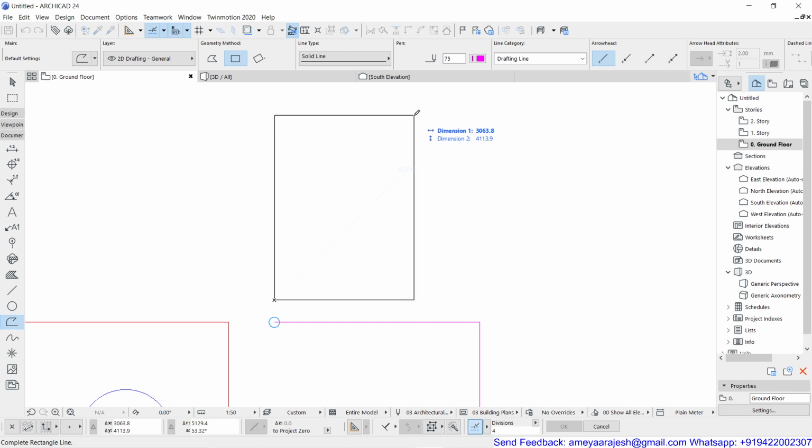If I want to draw something randomly, then I can definitely look at dimension 1 and dimension 2 which are displayed in the tracker. Instead of that, now I'm willing to draw the rectangle on the upper right corner side. So I'm just going to drag my mouse on that side, and then I have to just type two values. You don't have to use any D or anything. You just have to type the first value as per your choice, a numerical value. Say maybe I'm putting 3000 as my first value.